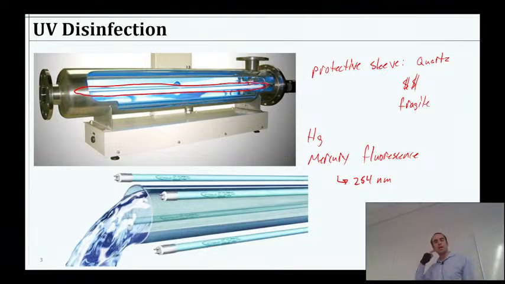There's another, medium pressure. It's actually vaporized mercury. Medium pressure ones have a slightly different makeup, but it's also mostly in the UVC range. So that's kind of what we do: we generate this light, we pass the water through, and we blast it.